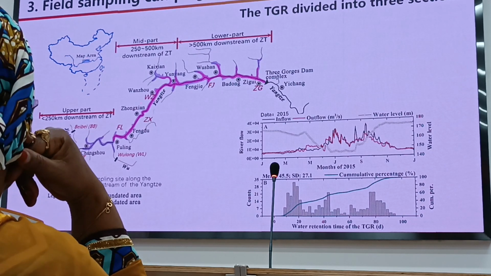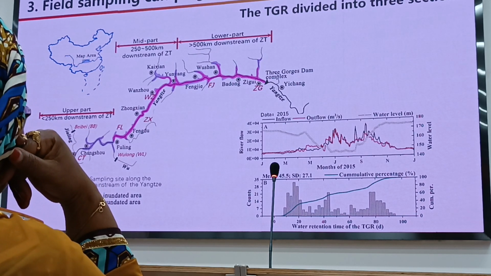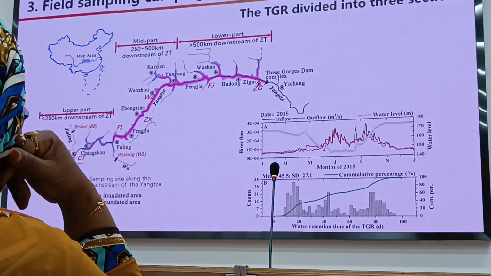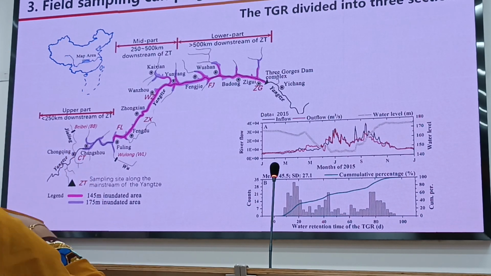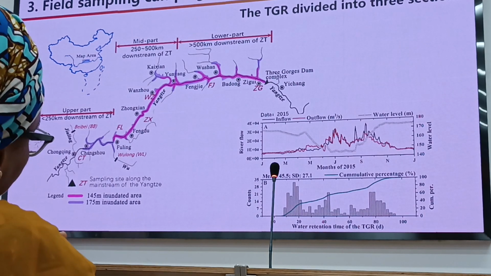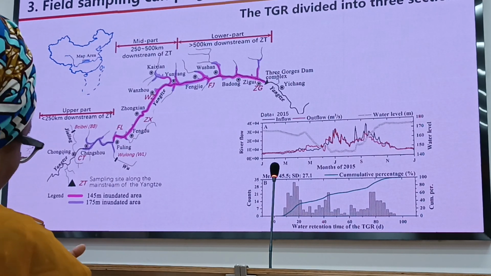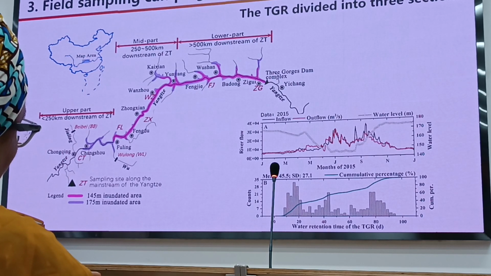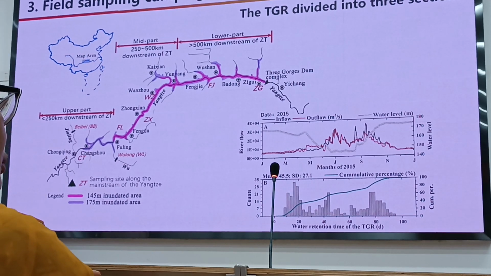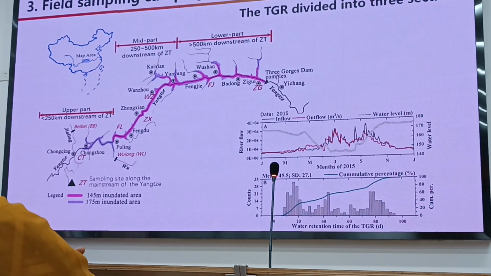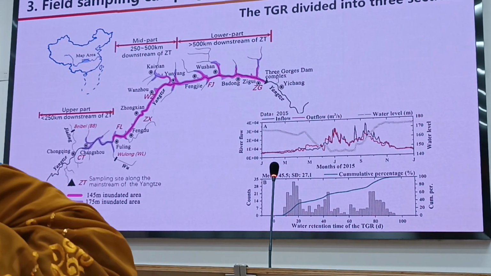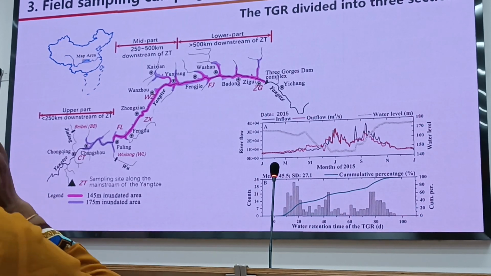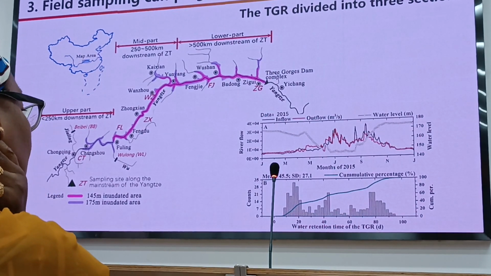The first one, you'll see, is kind of like a natural river. It may be flooded two times in a year. One is the natural flood, the other one is the impoundment to 175 meters. It goes back to Chongqing. This is why, when we were at the riparian zone last Tuesday, I explained to you that it experienced two types of flooding.